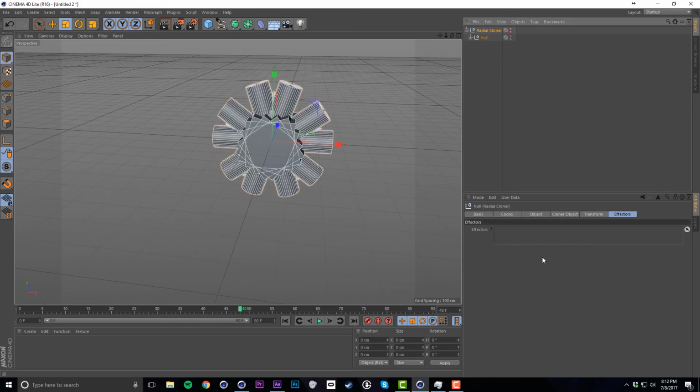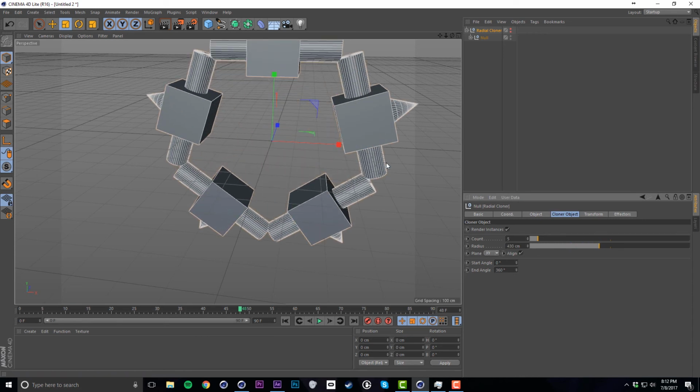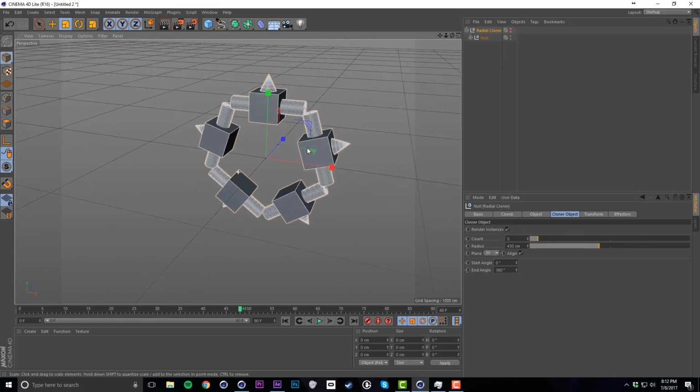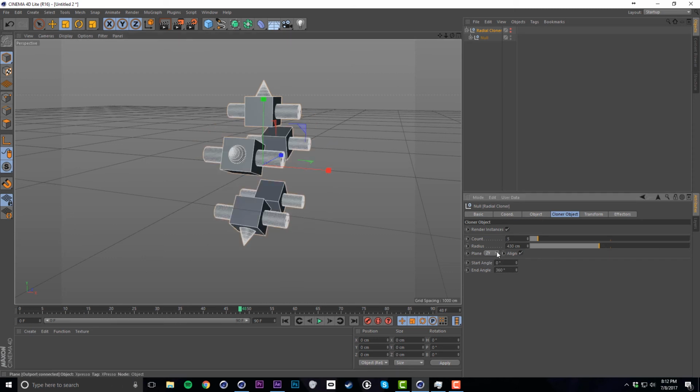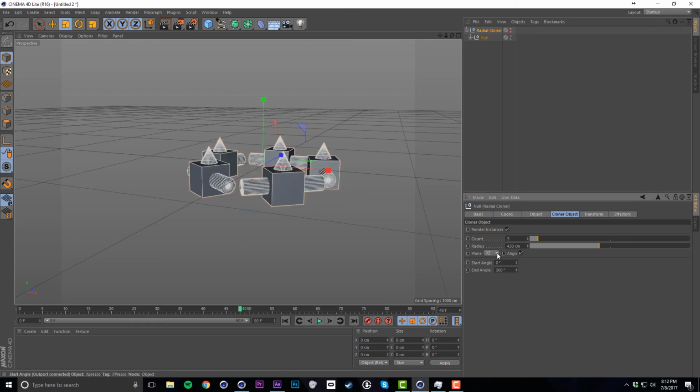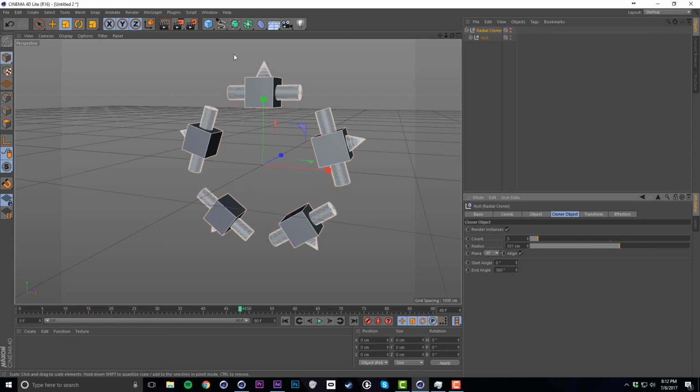And then you'll see within our Radial Cloner we have 5, and then this is our radius. So that's cool. We've got that, and then you can change your plane if you want. This is XY, this is ZY, and this is XZ. And you've got this align. So right now they're aligned all along. If you imagine a circle, they are aligned along the circle